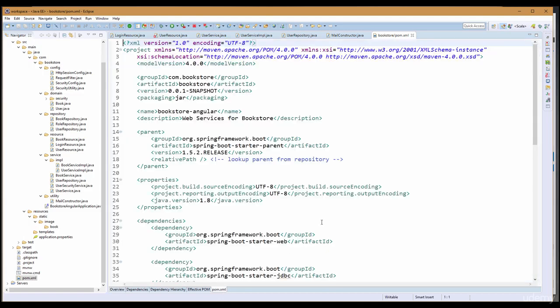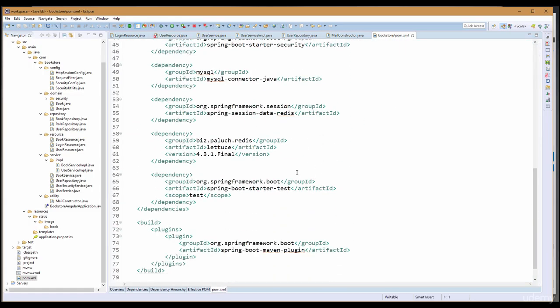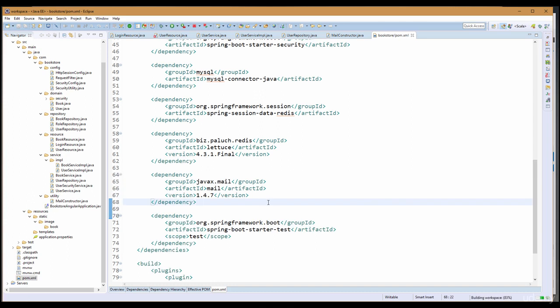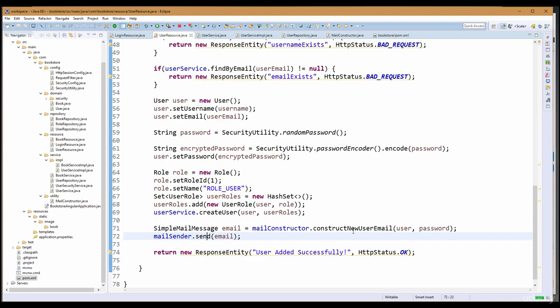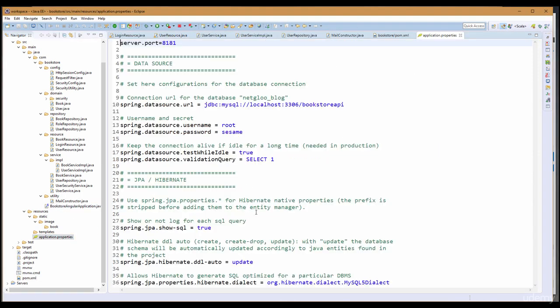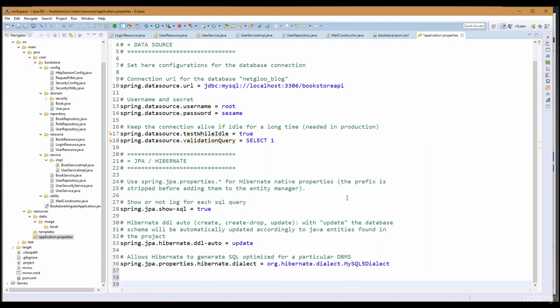So if we go to our pom.xml file, we're gonna add one more dependency, and this is for the javax.mail package. So we can use version 1.4.7. And let's come back, and the error should be gone. And the next thing we need to do is come back to our application.properties. As you know, we can do the configuration setup here for our Spring Boot, and here we're gonna define the setup for our mail SMTP,